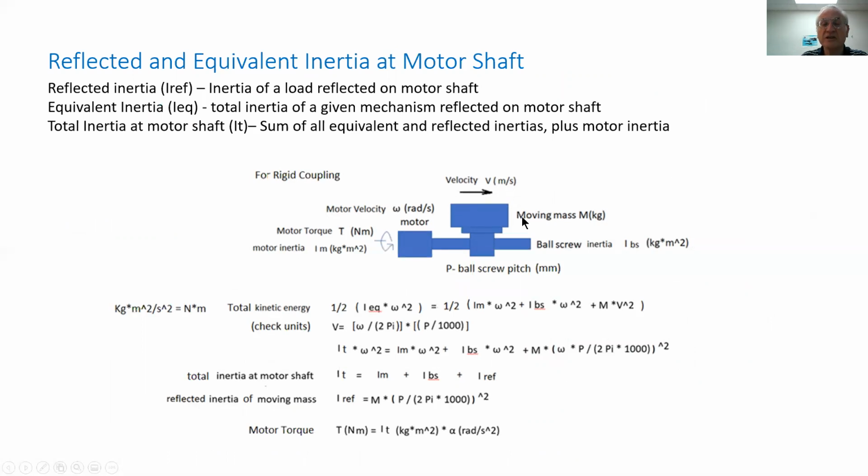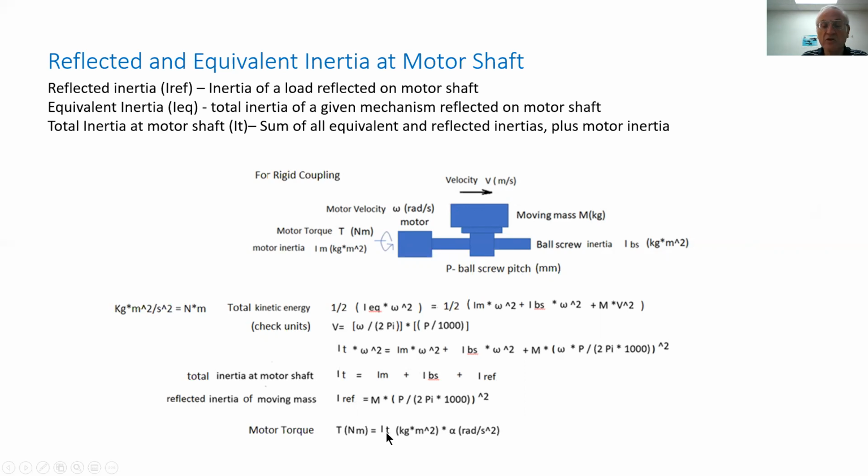But for now, we see that the motor is driving a mechanism, such as a ball screw and a load. And in order to size the motor, we have to find out what is the required velocity, as well as the required torque. Now, the torque is affected by the friction, as well as the inertia. And this here shows us the way we calculate the total inertia on the motor shaft in order to calculate the motor torque.